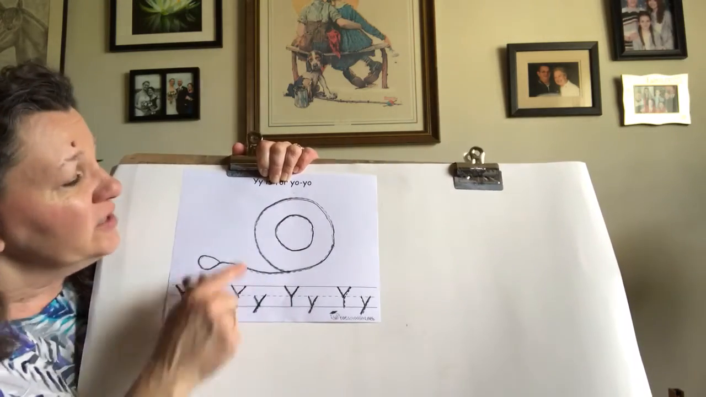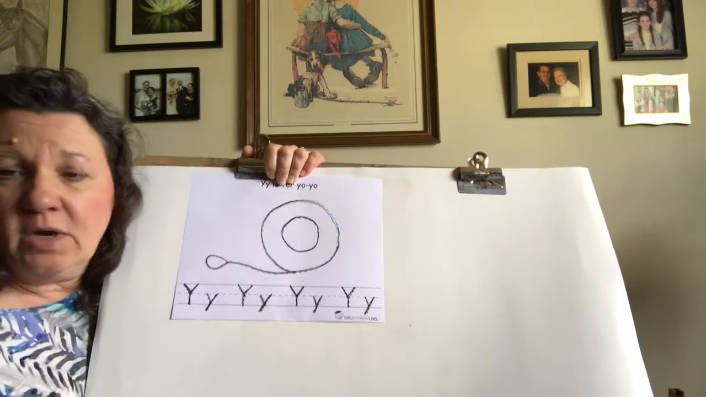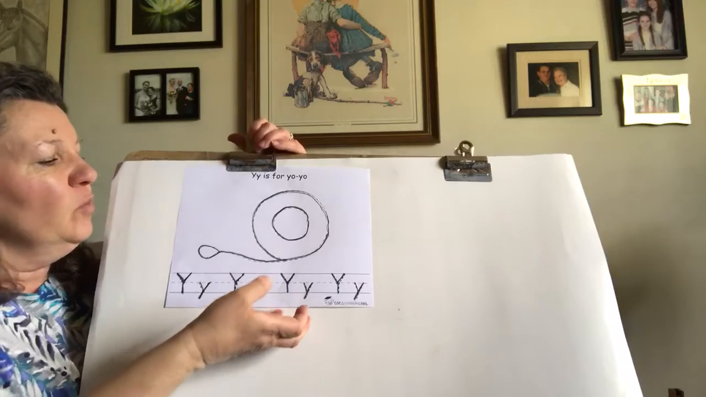All right, so what letter are we working with? The letter Y. So now you can go back, like I said, and you can color your yo-yo whatever color you want. You can make it different colors or one color, it's up to you. Now there's one more thing we're going to do with the letter Y,